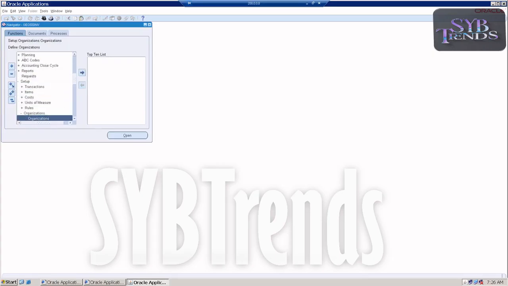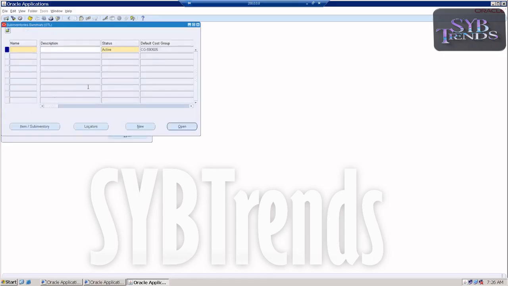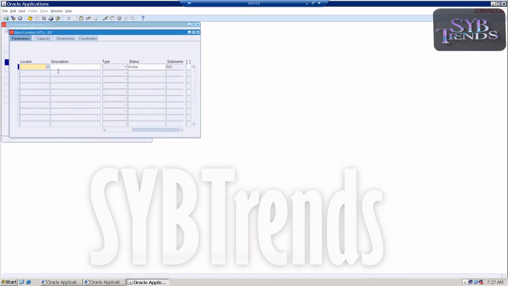Setup, organizations, for store 2 locators is